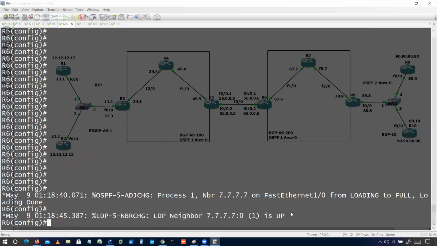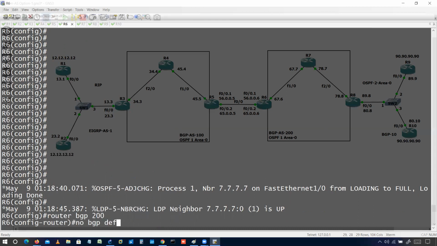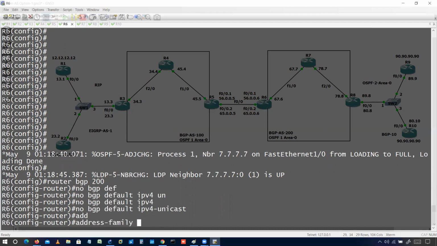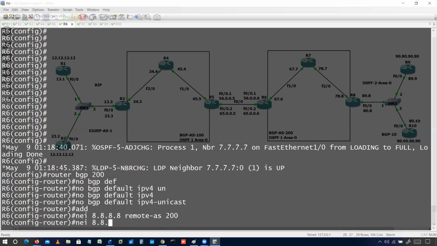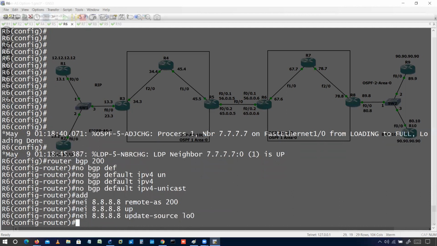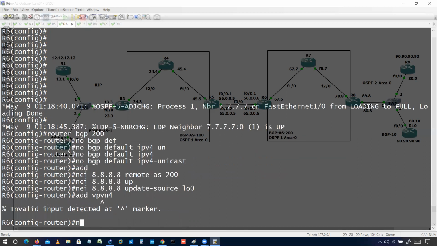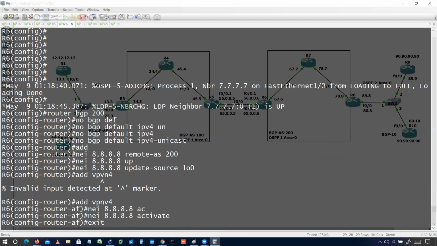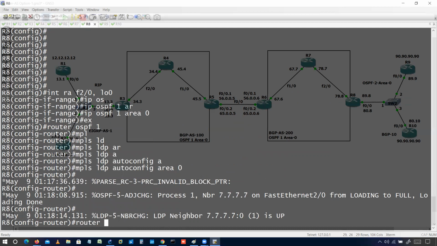Cool. Now I'll configure a BGP VPNv4 neighborship between 6 and 8. Router BGP 200. No bgp default ipv4-unicast. Neighbor, that is 8.8.8.8. Remote AS is 200. Update source loopback 0. And activate. Say exit, just go to R8 in the same way.